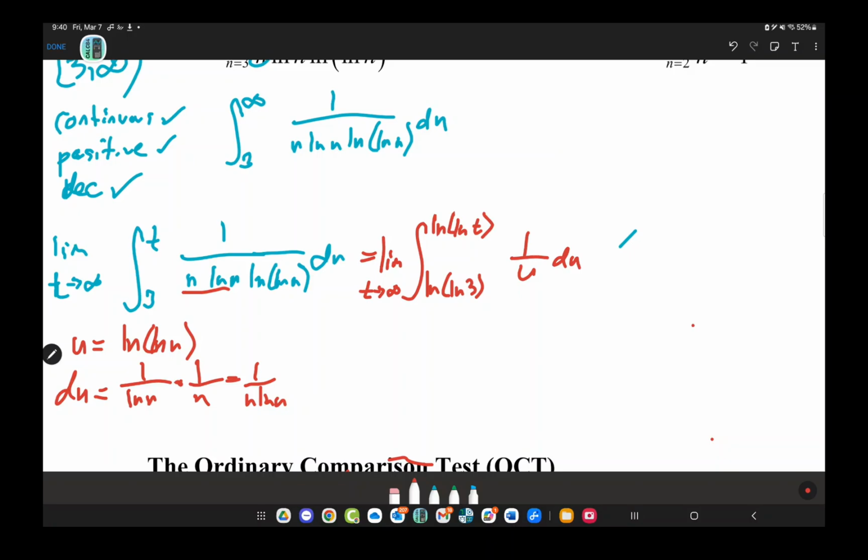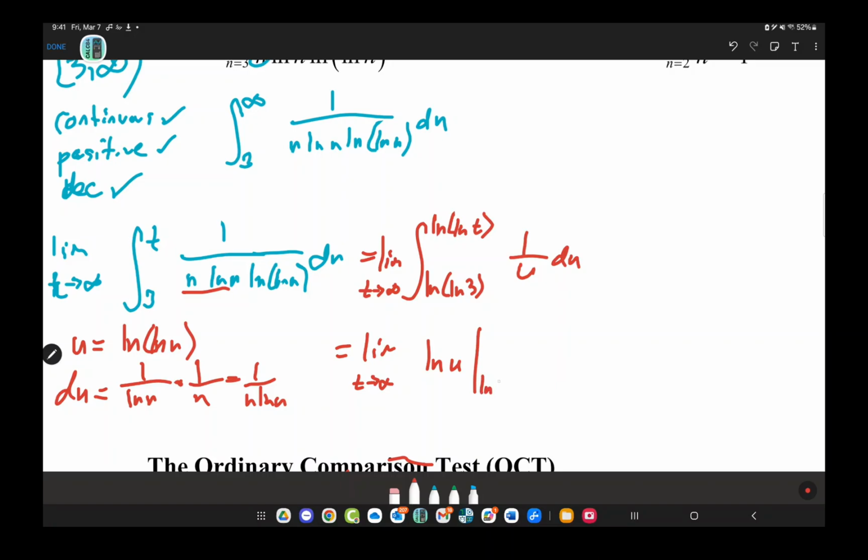That's not too bad. What's the integral of 1 over u? The natural log of u. So this will give you the limit as t goes to infinity of the natural log of u